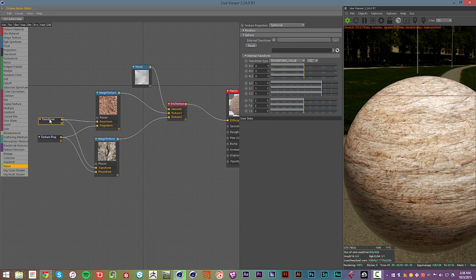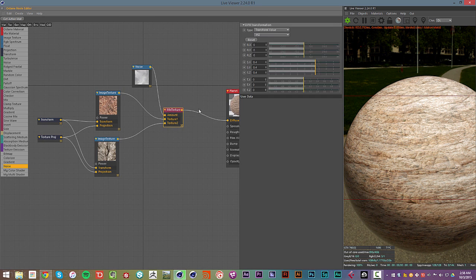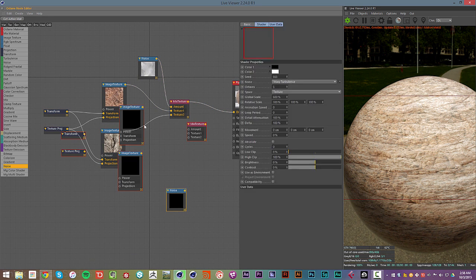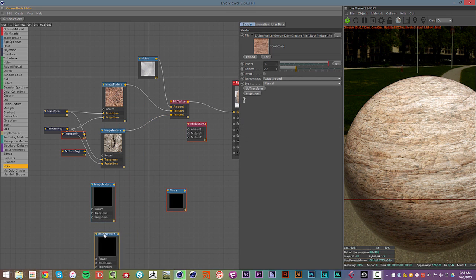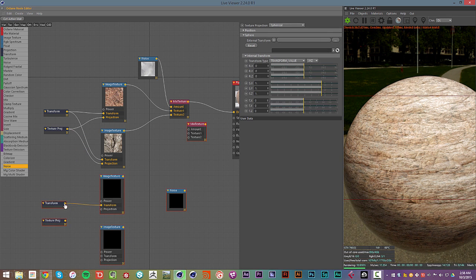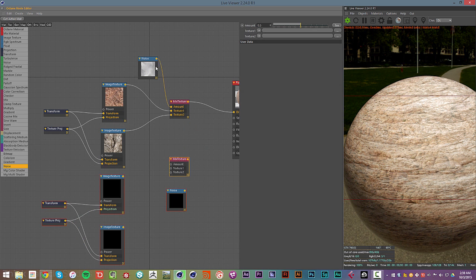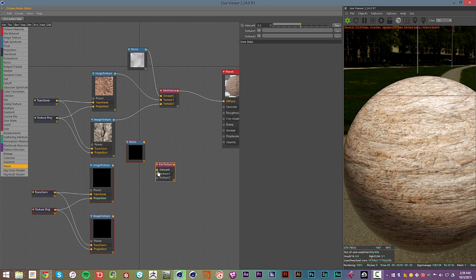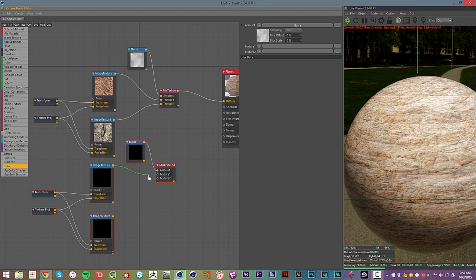And one thing I want to do is kind of have two different textures for the ground. So I'm just going to go ahead and copy this and paste it. And I'm just going to move all of these down. So the first thing to do is select all of them, move them down, apply all the transforms and the projections. Okay. And then I'm going to just link it all up together,